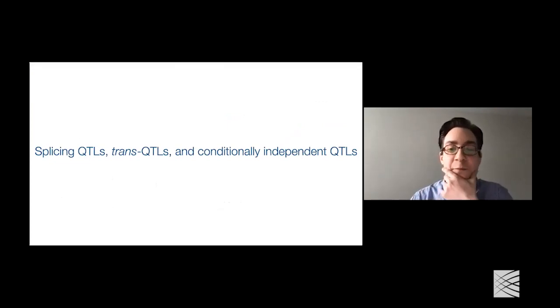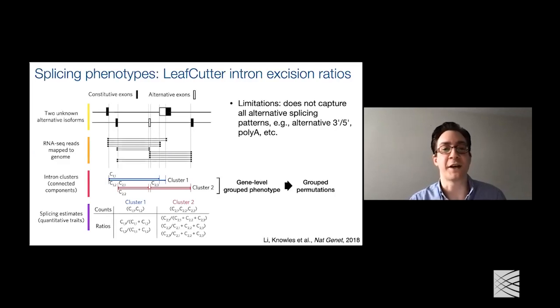So just briefly now, after going over the bulk of cis-QTL discoveries, I just want to mention a few points about other types of QTLs. One is splicing QTLs. So instead of just quantifying total read counts for every gene, we can quantify splicing phenotypes. And one really nice approach is described in the paper describing the leafcutter method, which computes intron excision ratios